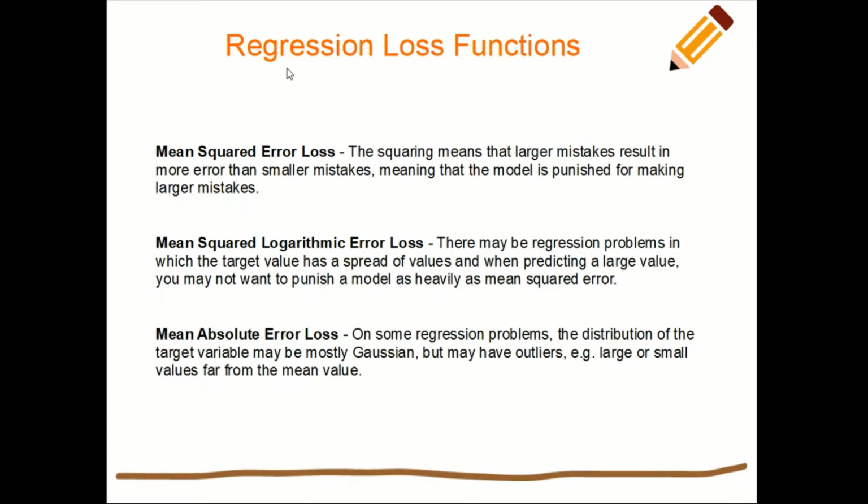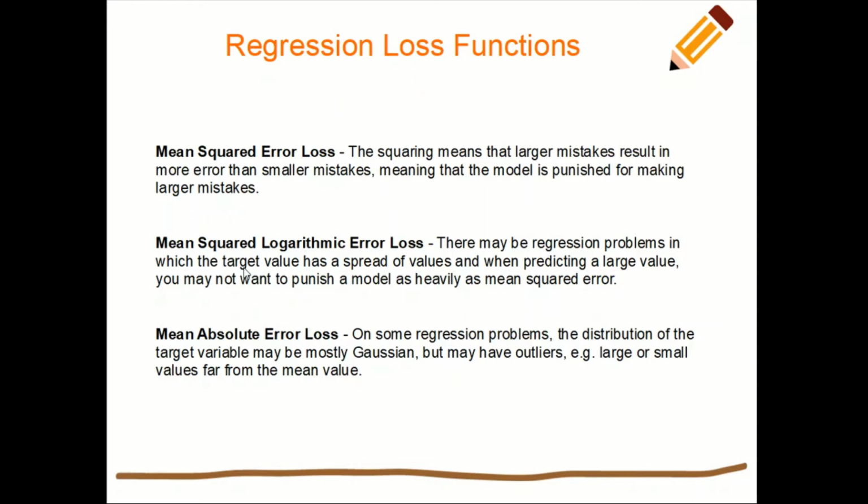Now let's also take a quick look at the regression loss functions. There are three variations here. One is the mean squared error. So we take the difference between the predicted and the actual and then square it. Now there is another variation, which is the mean squared logarithmic loss. In the case of mean squared error, if the difference between the predicted and the actual is quite high, then squaring it will have a lot of impact. So if we do not want that,